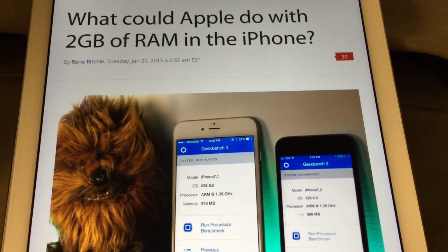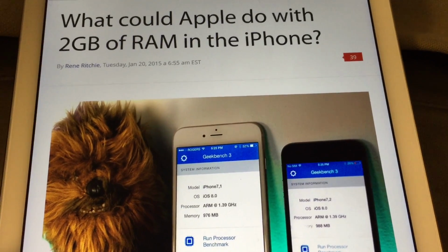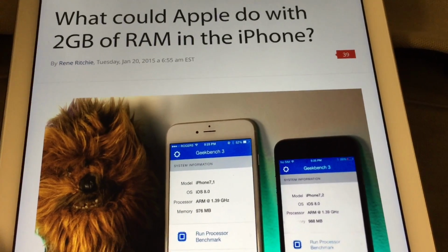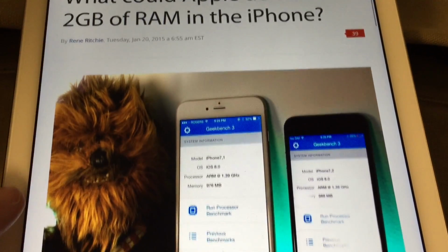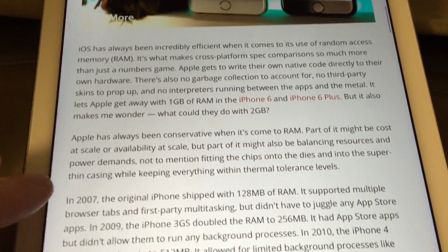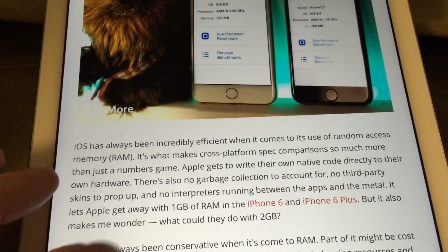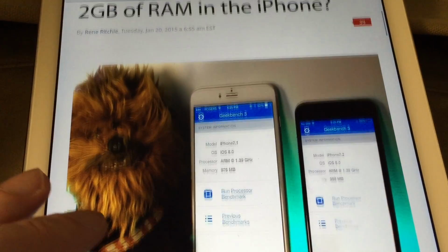I've just read this article from iMore. What could Apple do with 2 GB of RAM in the iPhone? It doesn't seem that iMore knows what Apple will use this extra RAM for in the iPhone. As you know, the iPad Air 2 got 2 GB of RAM, and the iPhone 6 still only has 1